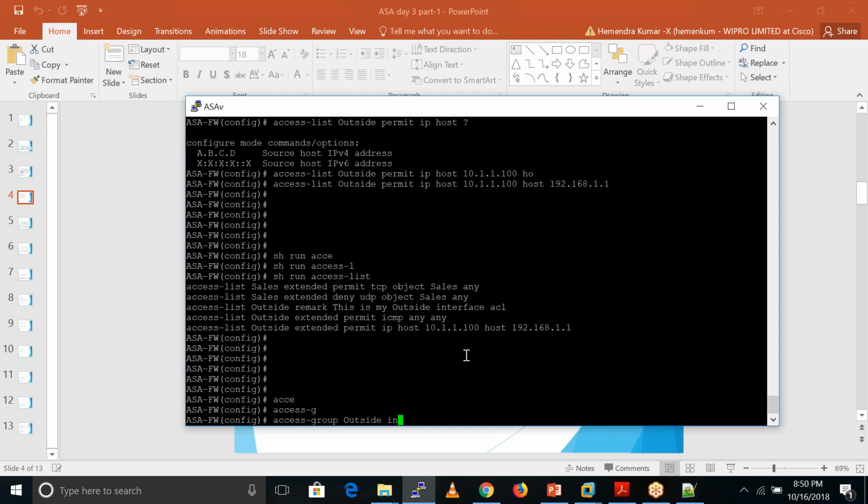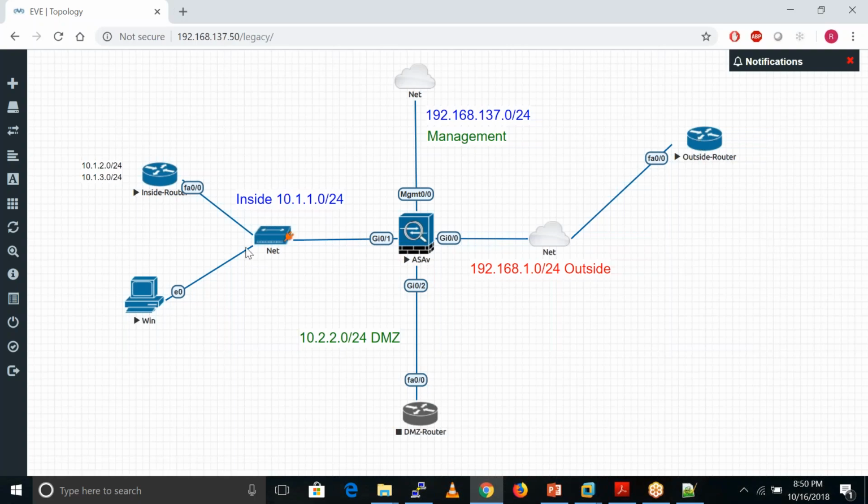In means the inside direction, the traffic coming from outside to inside, which is the inbound direction. The traffic which is leaving the interface is known as outbound traffic, and the traffic coming into the interface is inbound traffic.